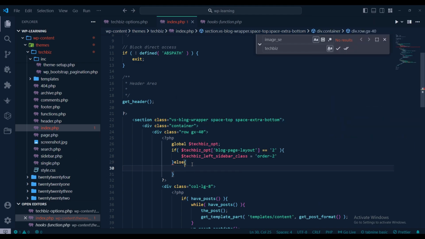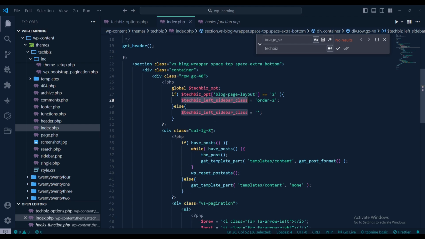Else I want that this will be nothing, no class. I don't want to initialize any class here. Now I need to give the semicolon also here. Now if I write this class from there to here, php